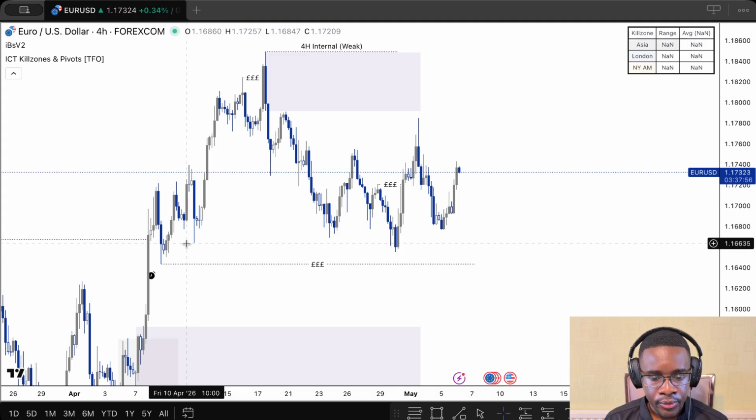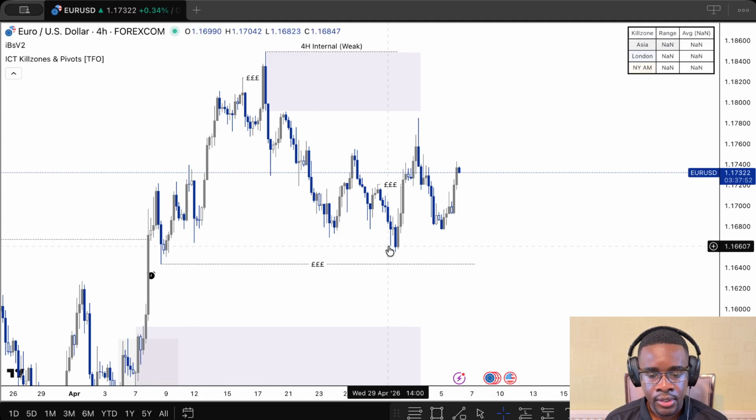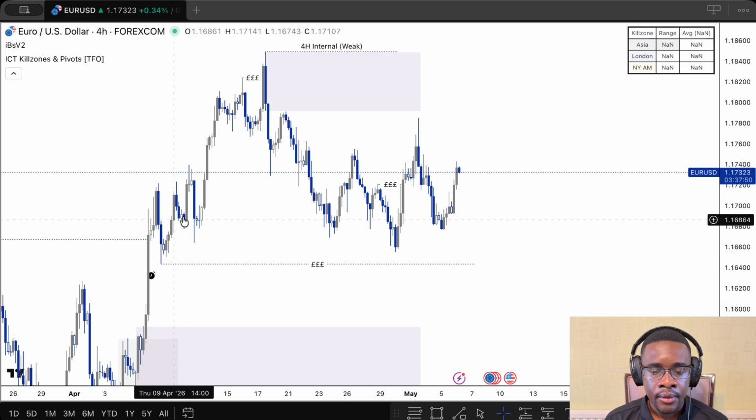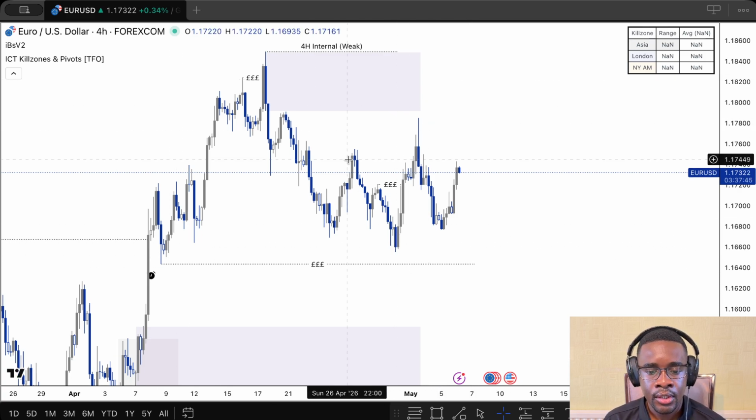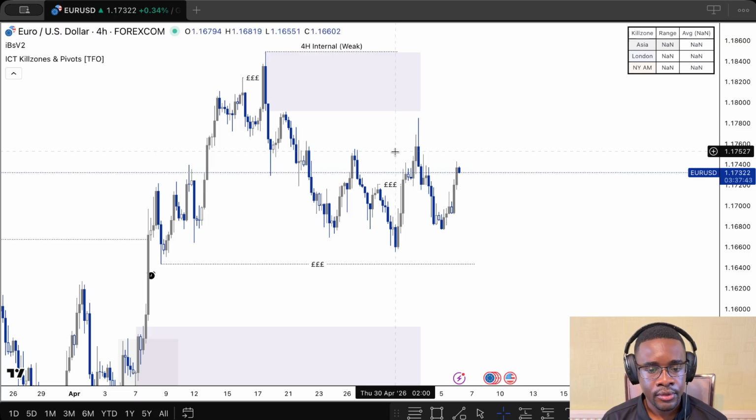And this is what we have. We have taken this liquidity down here, and that was the catalyst to push price to the upside, to have this sub-internal break of